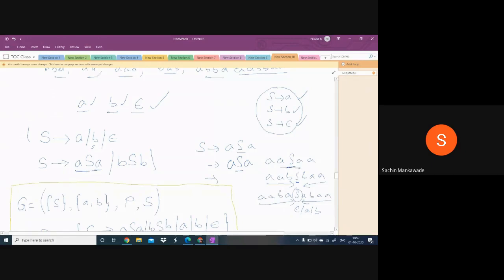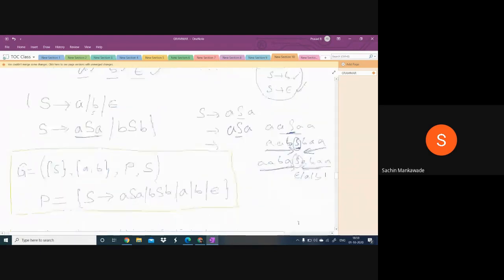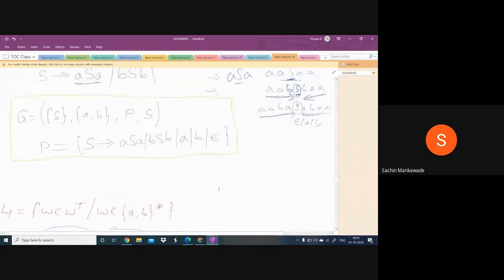Now, in the S place, again you can substitute epsilon or B or A, or now you substitute BSB. Then whatever we are getting here, AAB, in this direction also it is AAB. And in the S place again you can go for epsilon or A or B or again ASA. Then if I substitute ASA, it is AABA and this is also AABA, like this. So whatever we get before S and after S, it will be in the reverse order. If you don't believe, I will give you one more derivation.